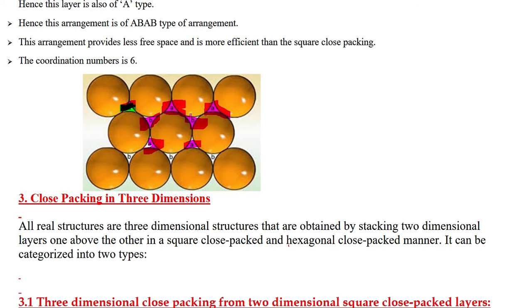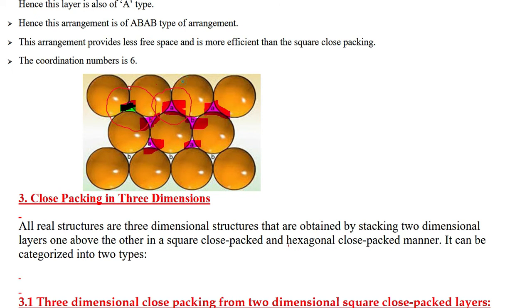While doing this, when we place a sphere just above this triangular void, the void gets covered by the sphere of the second layer. Similarly here.